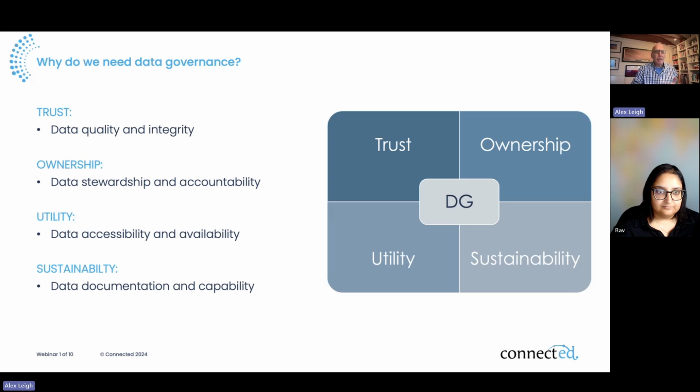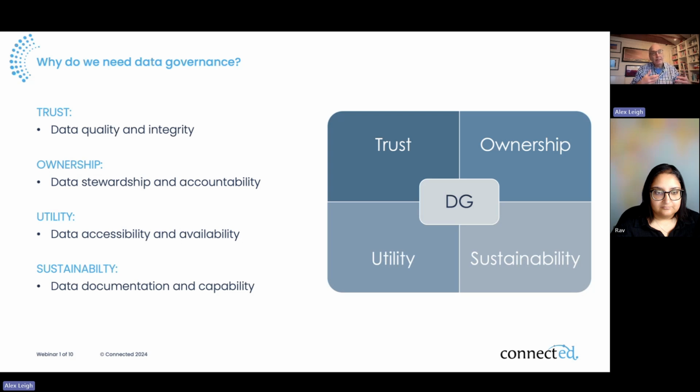And the final thing is sustainability, so not making it a project. We see a lot of projects around HR systems, finance systems, especially student systems, where the data's all cleaned, it's all put in, it's all lovely, everybody likes it, but there's no framework to look after it afterwards, and it just falls off a cliff, right? It just suffers entropy. So we think that the key outcome of good data governance is sustainability, understanding what the quality needs to be and